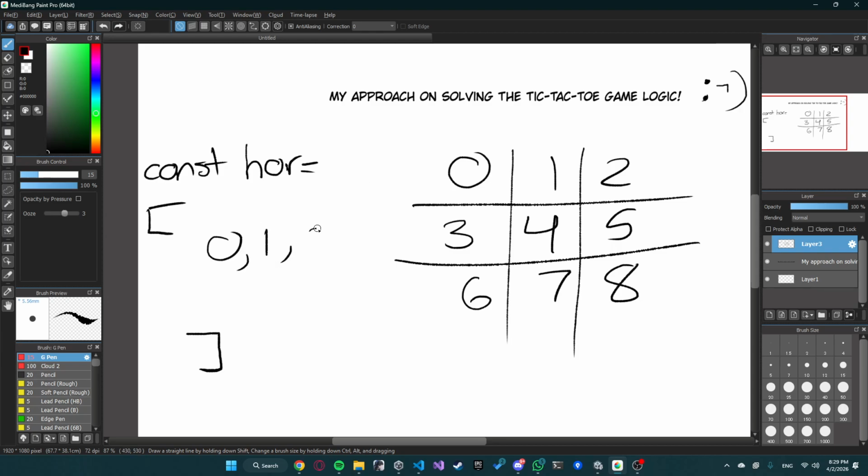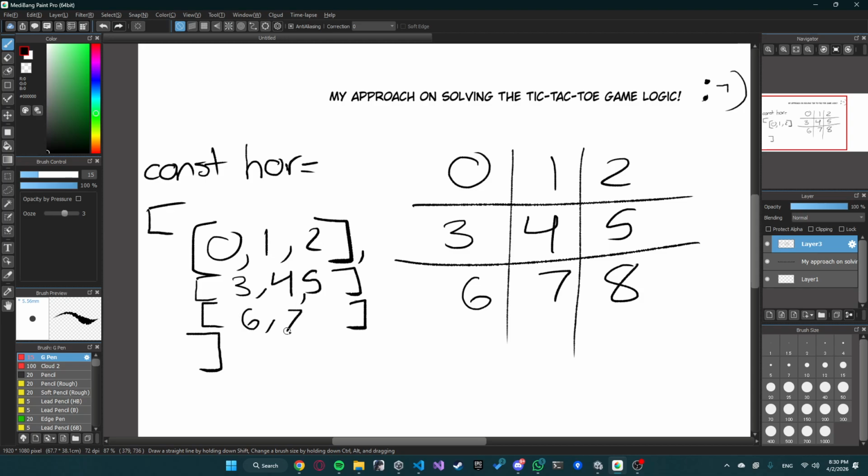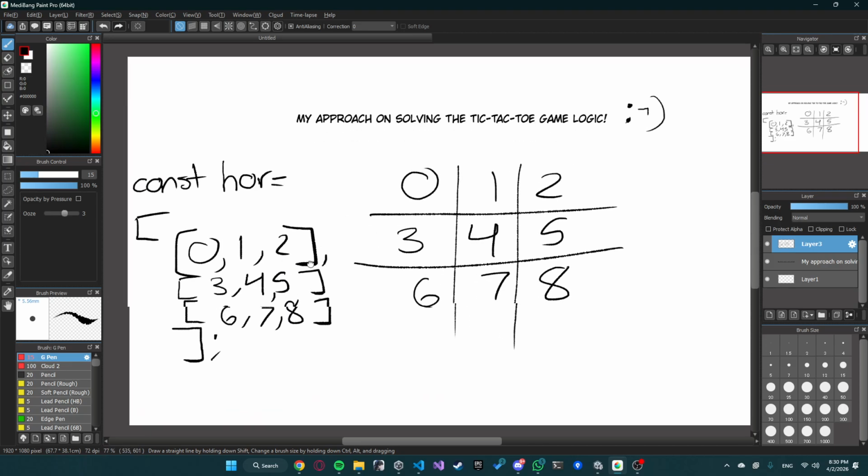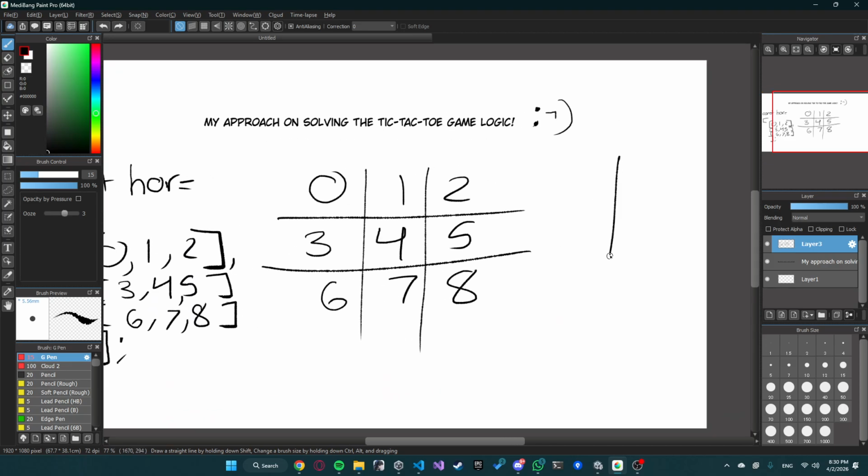So we could have 0, 1, and 2, then comma, or well, we need to store this into an array, right? Because this is one check. So then we could have another one and another one, which are the three possible connections that our game board could have, right? So at the end, my approach is that every time that a player marks a position on